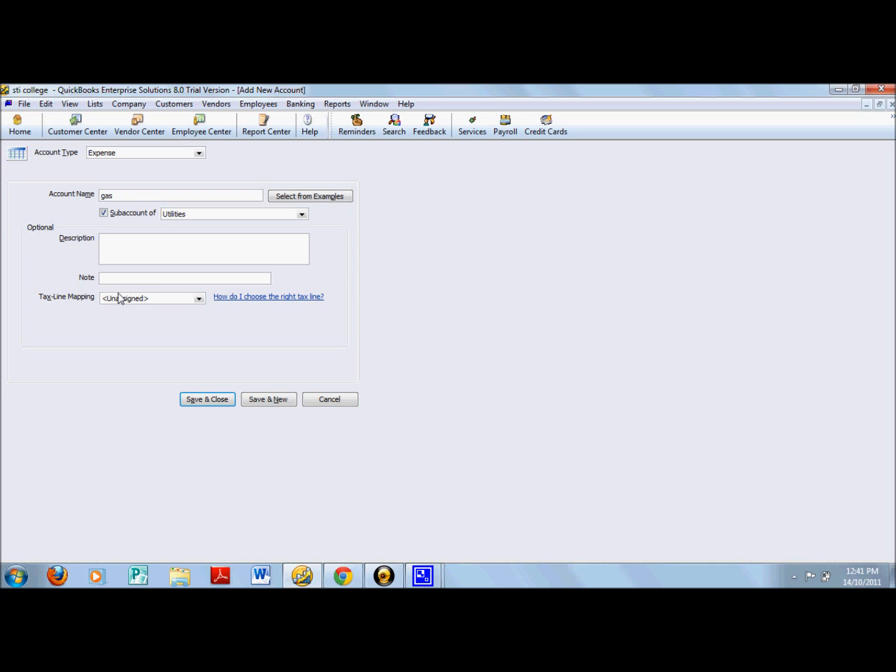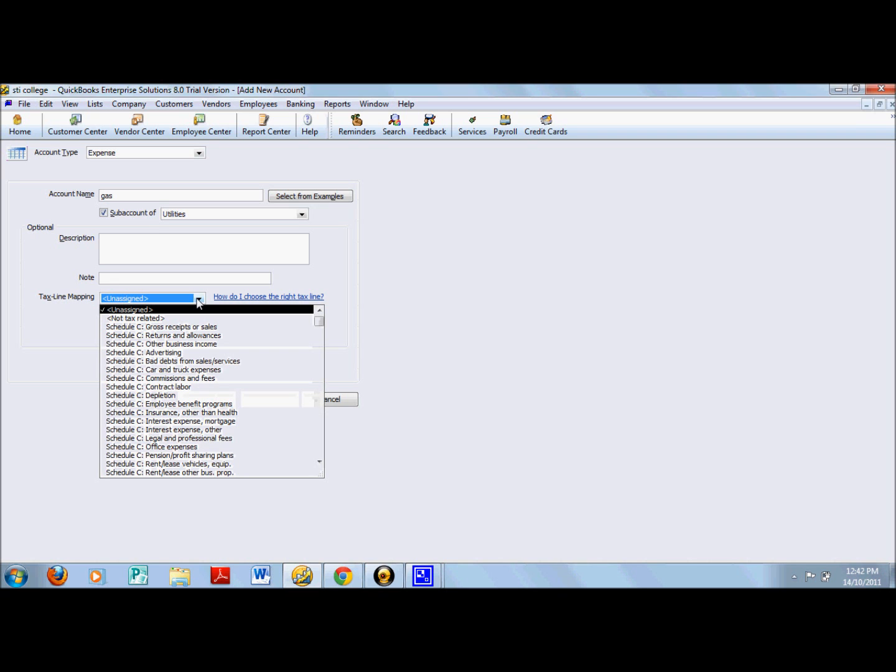If you're setting up the account information QuickBooks requests, identify the tax line on which the account information is to be reported by selecting the tax line from the Tax-Line Mapping drop-down list. You might not need to assign a particular account to a tax line if that account data isn't reported on the business tax return.